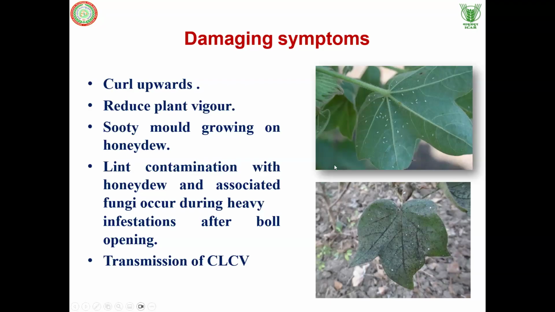These whiteflies, aphids, as well as thrips cause more indirect damage. The indirect damage most commonly is that they transmit the cotton leaf curl virus. In the year 2015-16, because of this whitefly attack, there was huge havoc in cotton yield, a huge reduction in the cotton yields, especially in the Punjab and Haryana region. Not only the whitefly, the cotton leaf curl virus symptoms were also more predominant